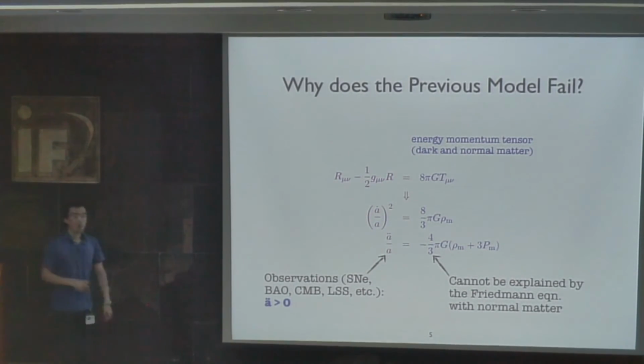The thing is that since about 20 years ago, various observations have confirmed to various degrees that actually we have a double dot larger than 0. And that means that the expansion of the universe is accelerating. And the unfortunate fact is that this cannot be explained by this Friedmann equation if you assume only normal matter. Because you see, on the right-hand side, you have the energy density and the pressure of normal matter, and both are positive. As a result, you will not get a positive a double dot in this equation. That is why we need to think of ways to extend this framework to explain observations.